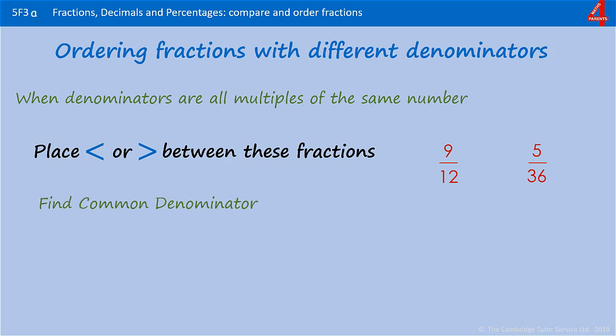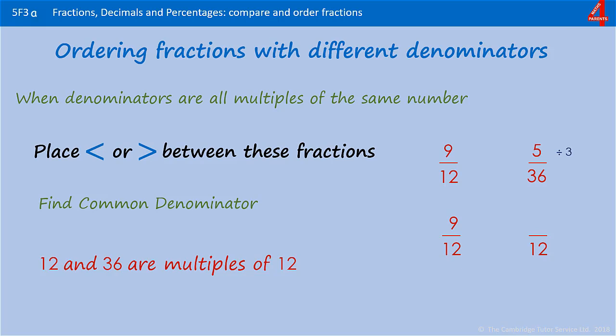Find a common denominator. If we look at the denominators, we can see a relationship between 12 and 36. 12 and 36 both are multiples of 12. What happens though if we attempt to convert both to 12ths? If we look at the first one, that's fine because that was already 12ths, so we can just make that 9 12ths. To turn 36 into 12, we divided it by 3. So we need to divide the numerator by 3, and we can't because it's 5, so we have to use